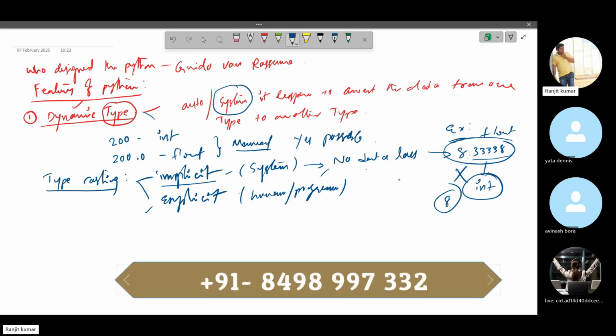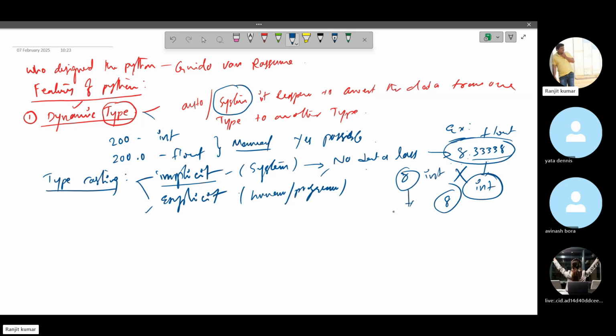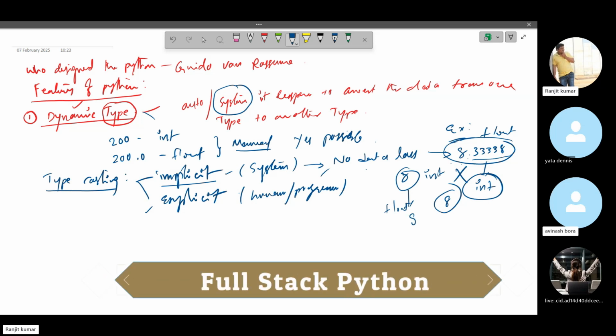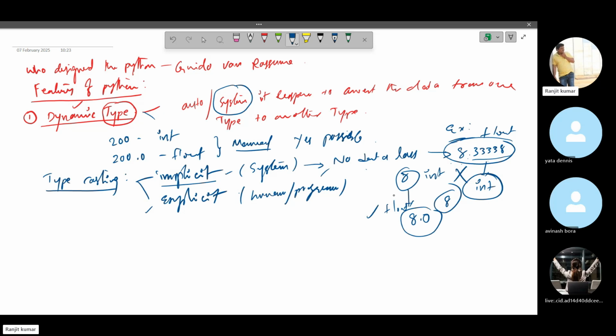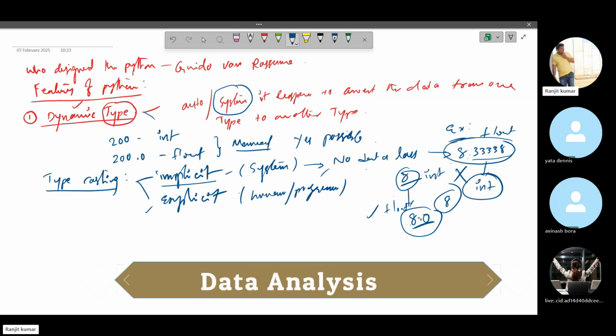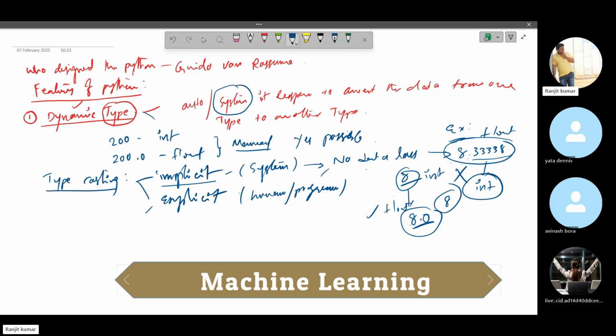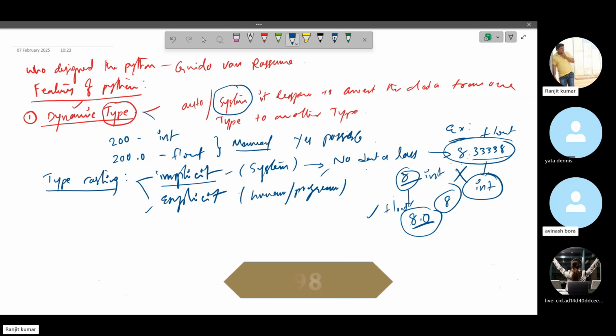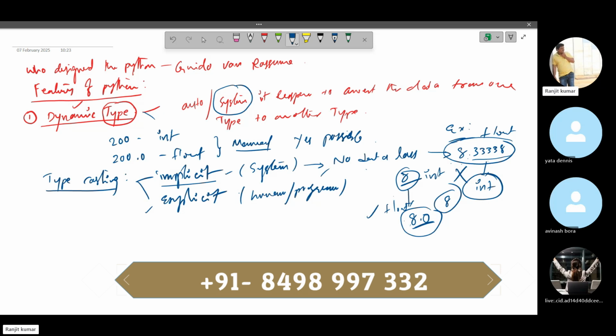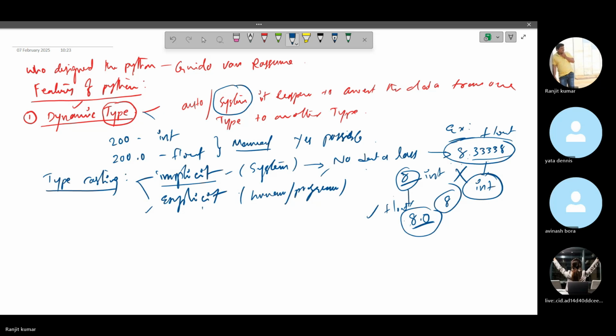What can it allow? It can allow this. If I have 8, which is an integer, and I want to convert it into a float, then it will become 8.0. Yes, it can be allowed. Automatically the system will allow this type of conversion. Why? Because there is no difference between 8 and 8.0. That's why no data loss happens if the system handles the conversion. But with explicit, that means forcefully, if the user wants to convert the data from one type to another type, at that moment data may be lost.